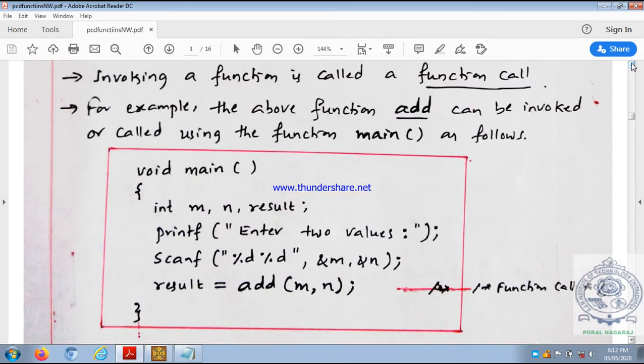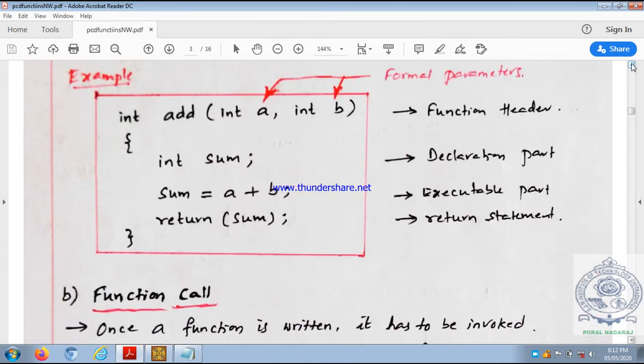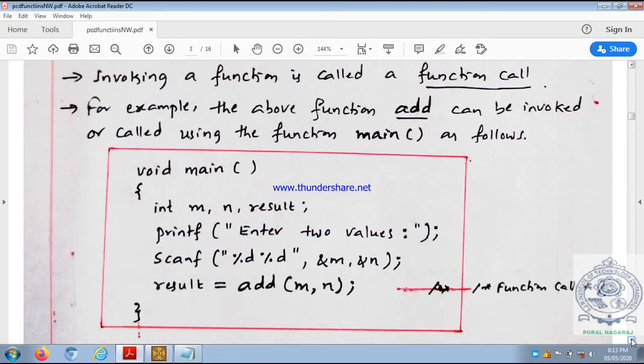While defining the function, we came to know that the first line of the function definition is called the function header. Observe the function header: do you have a semicolon? No. Take the function header, rewrite it as it is, and put the semicolon. That becomes the function prototype or function declaration. Very simple.